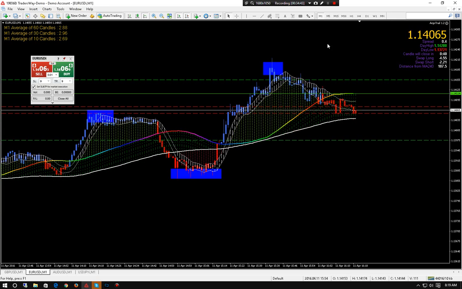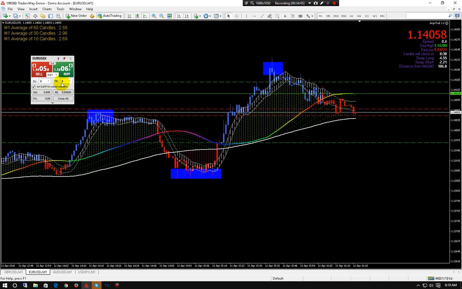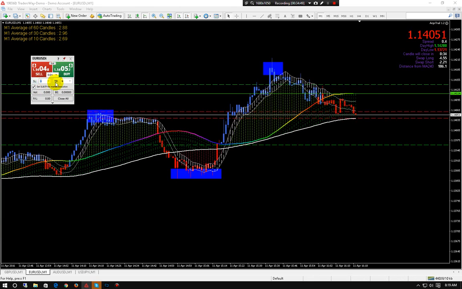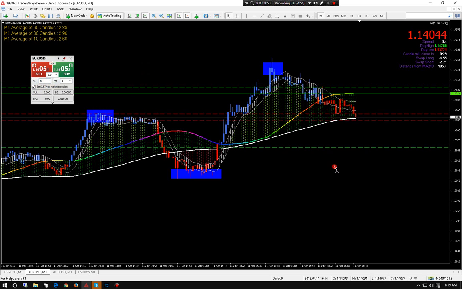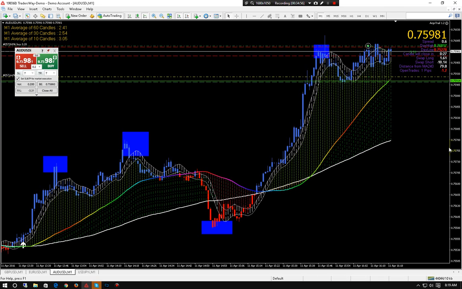This is Euro. We don't need to mark anything. Everything stayed the same. We're at 9 pips. This is 3. Double it was 6, so we could move to 8 to be safe, but we'll leave it at 9. It's fine for now because we don't really have anything there. We'll come back to it in a minute. This was our open trade.